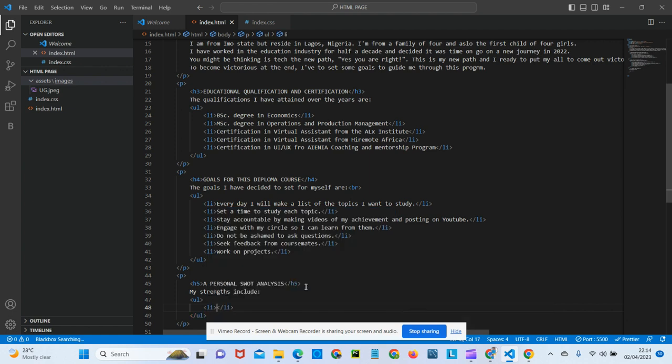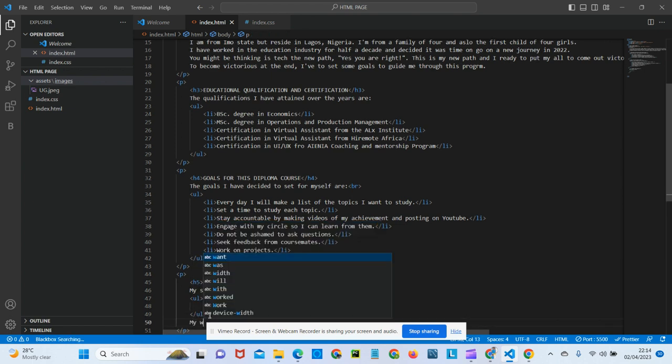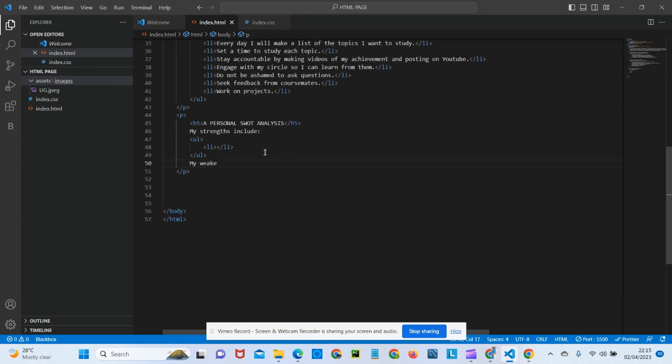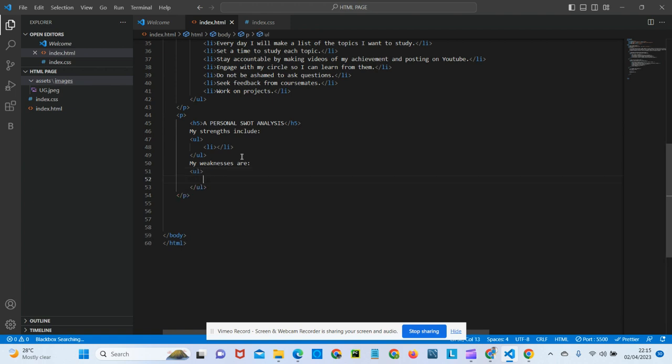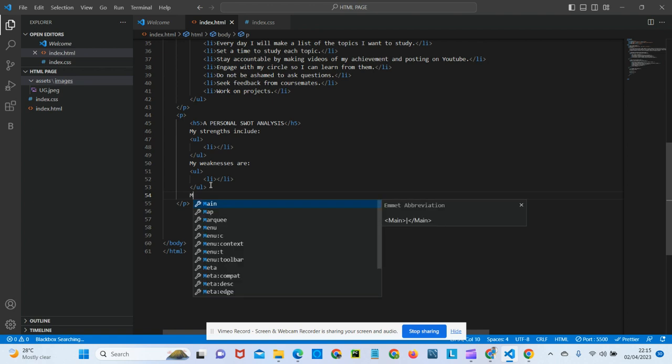What are my strengths? Right now I can also come here and put, just so that I remember, my weaknesses are. So put this here. My weaknesses are, come here then and do UL, and see then I can still see my